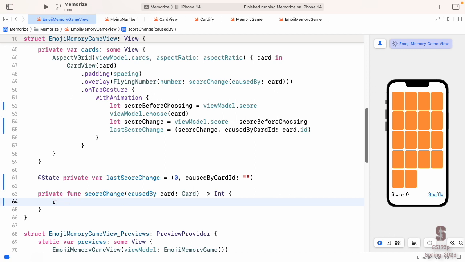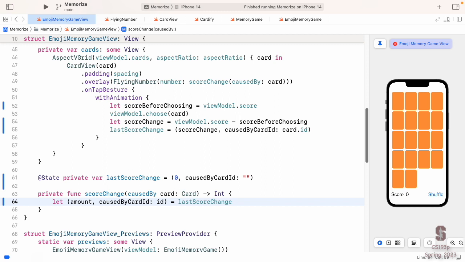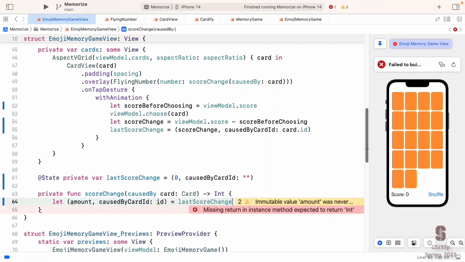How do I get the values out of my tuple? I have my tuple here. How do I get it out? I can say let amount, comma, caused by card ID equal the last score change. So when you're getting the values out of a tuple, you say let, and then a variable name. This can be any variable name you want. I called it amount.